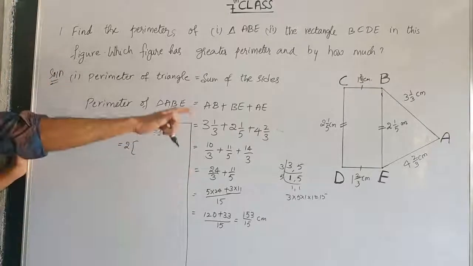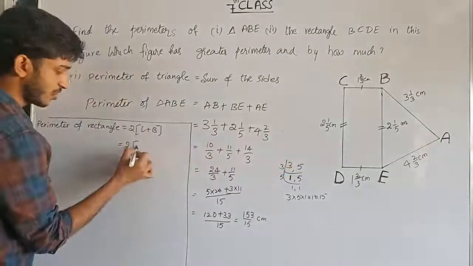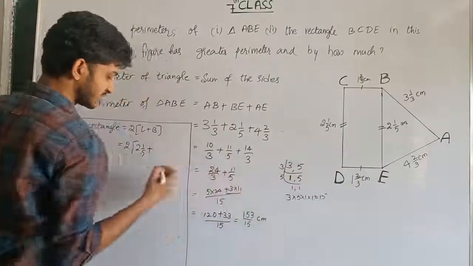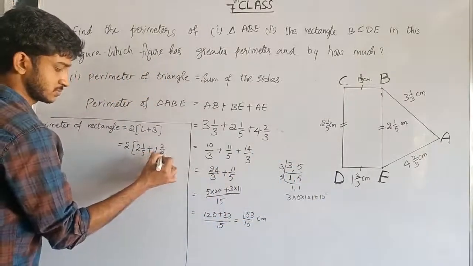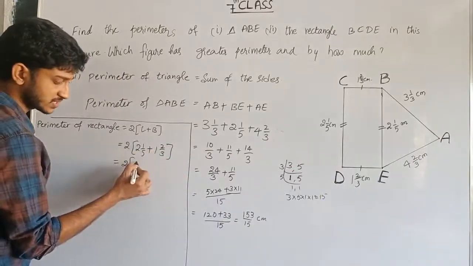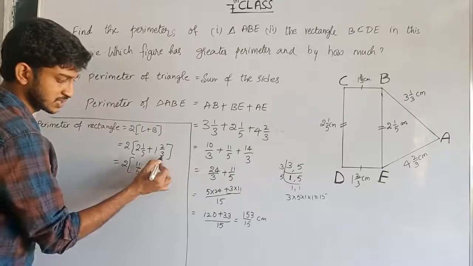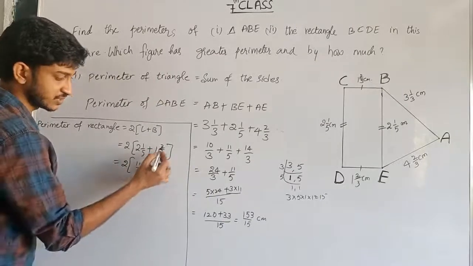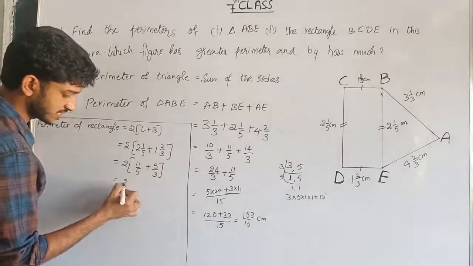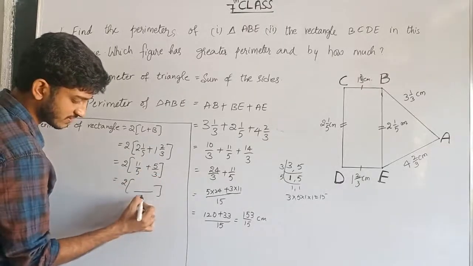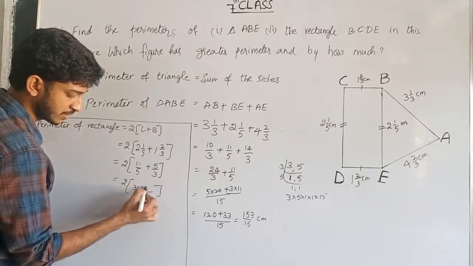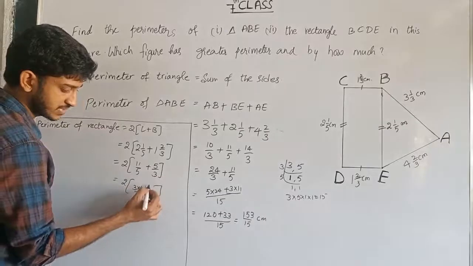so what is the length here? This is the length 2 1/5 centimeters plus breadth 1 2/3 centimeters. So convert them into improper fractions. 5 2s are 10, 10 plus 1 is 11, 11 by 5. Plus 3 1 is 3, 3 plus 2 is 5, 5 by 3. So take LCM for these two numbers. What is the LCM for 5 and 3? 15. In 5 table 15 is 3 times, 3 into 11 plus in 3 table it is 5 times, 5